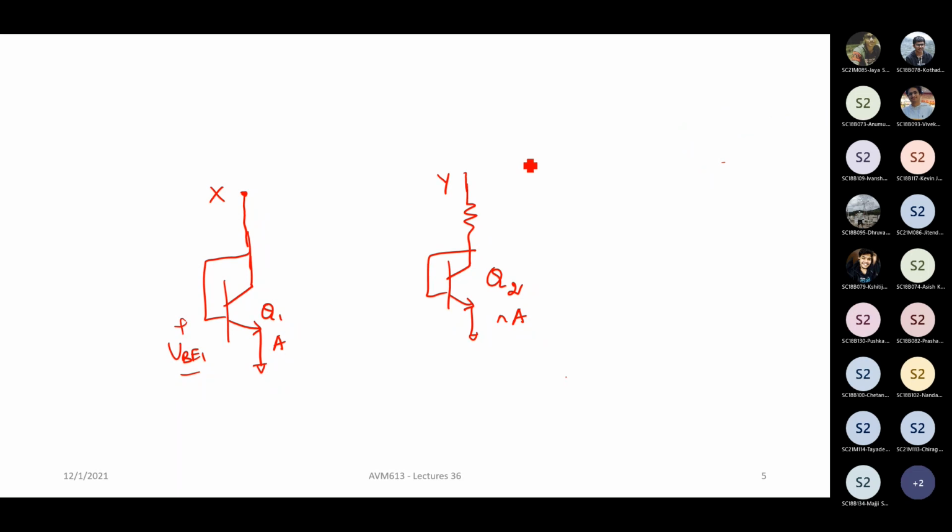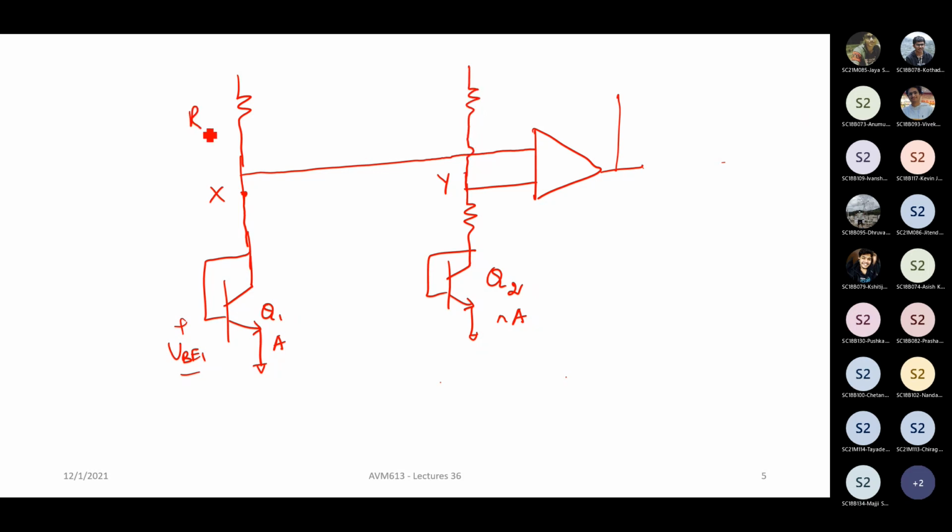Okay, so we are going to take an op amp, and we are going to connect this and this as the two input terminals of your op amp. And then this is going to control these two voltages, and therefore our first cut solution is basically to put two resistors R1 and R2, and these two resistors are controlled by this op amp. Okay. Let us say this is R3.